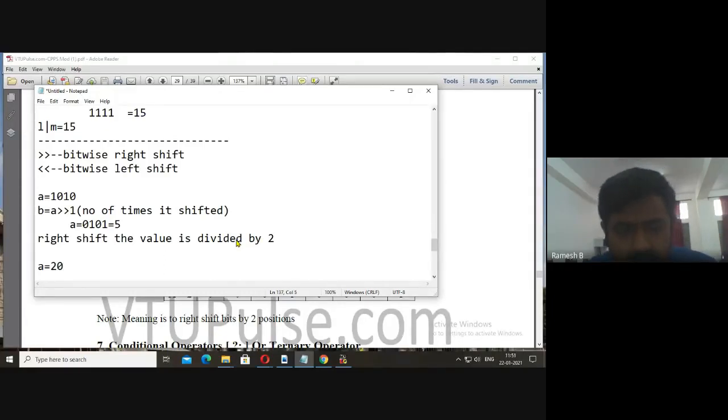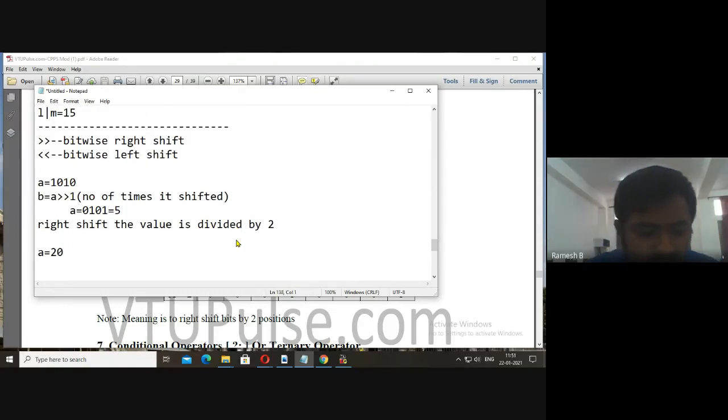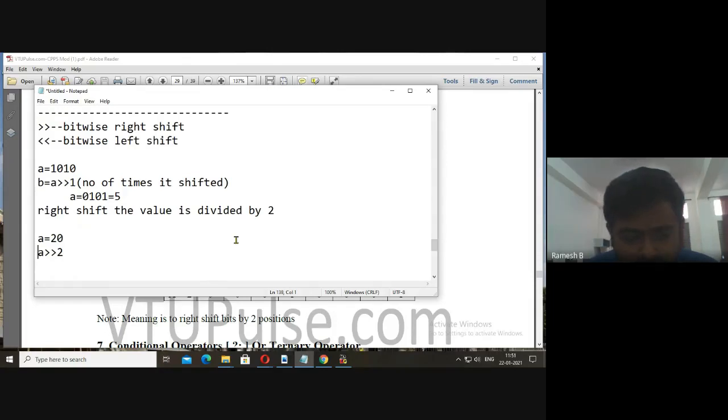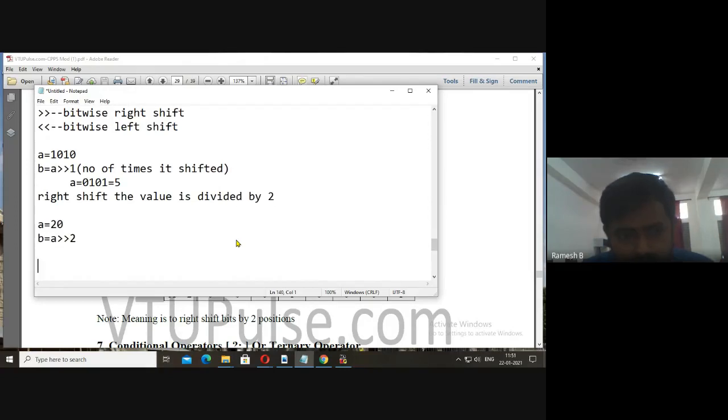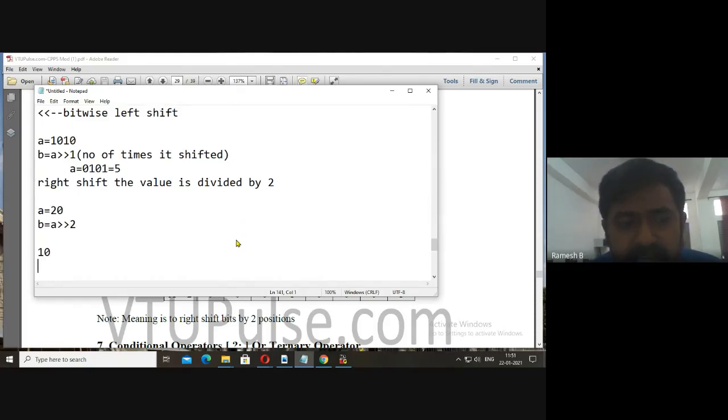If I do two times right shift, what will be the new value? The first time right shift, it becomes 10. One more time we do right shift for that 10, it becomes 5.